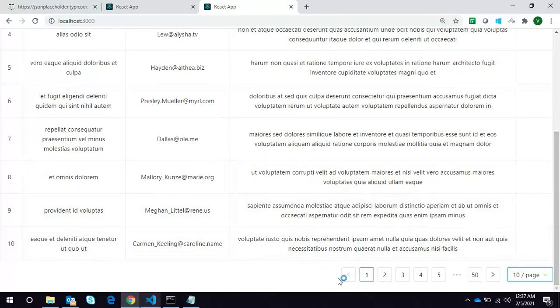We will adjust the position of pagination in a later video, and if you are interested to learn how pagination works behind the scenes, I have already created a video, and I will give the link of that video in the description.